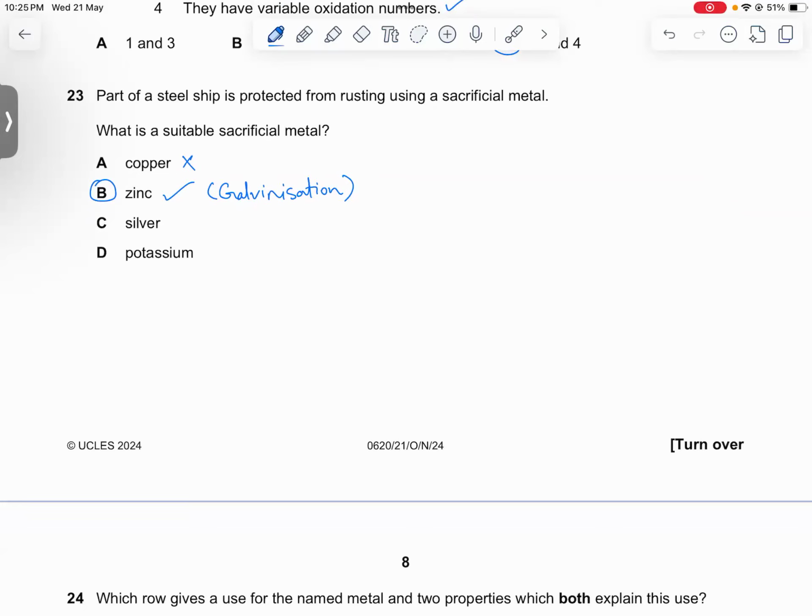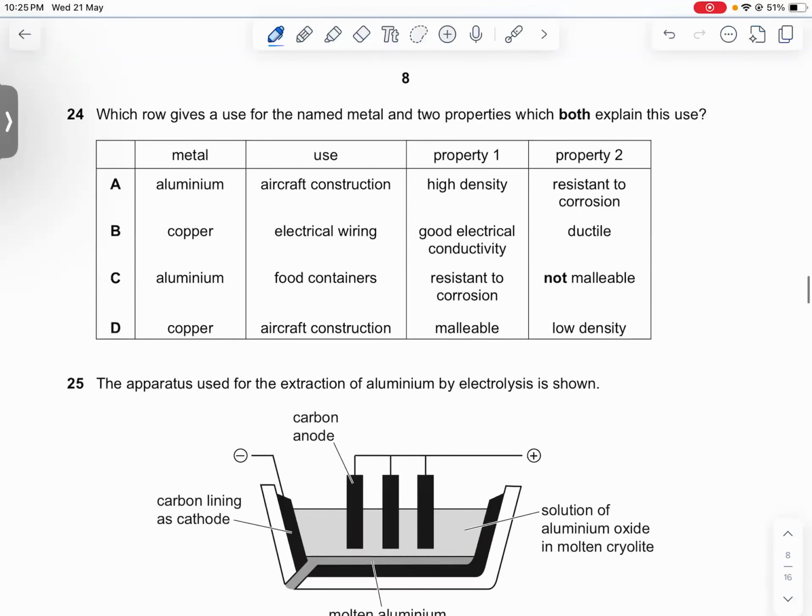Silver is also less reactive than iron, therefore it can't be used to protect steel. Potassium could be used as a method of sacrificial protection, but we all know that potassium quickly reacts and might even explode the bottom of the ship because the reaction is so exothermic, right? Even if it did not damage the ship, the potassium would react rapidly and continue to dissolve in water, and then the iron would be exposed. Zinc, on the other hand, would form zinc oxide, an insoluble barrier, right?